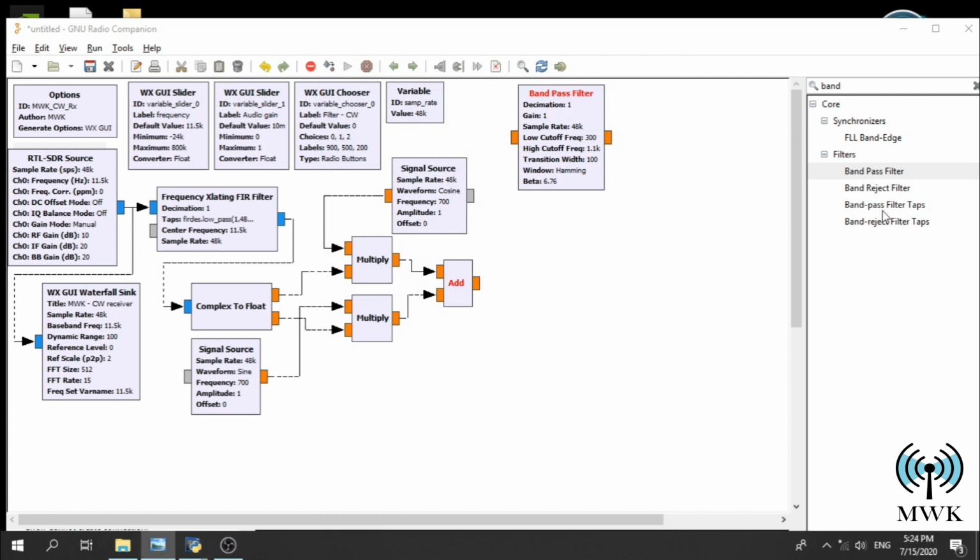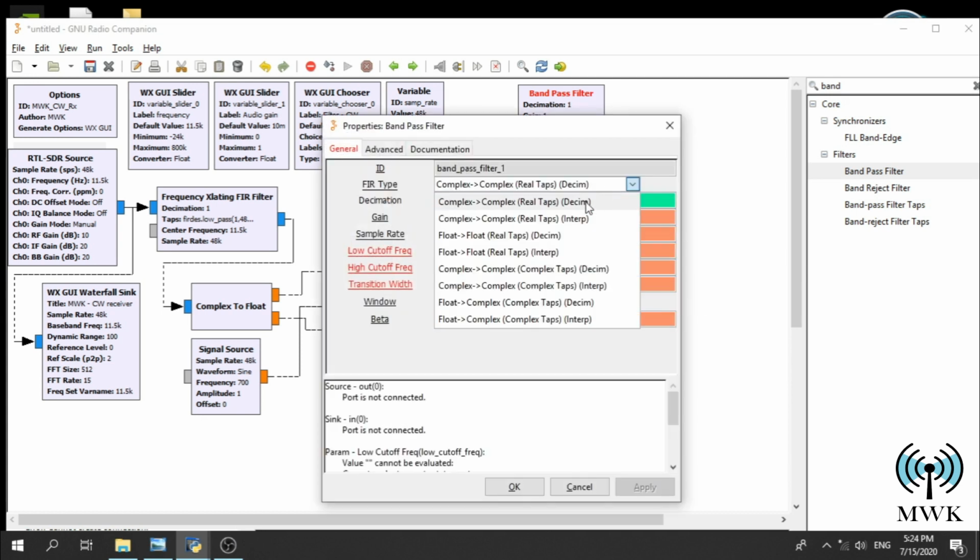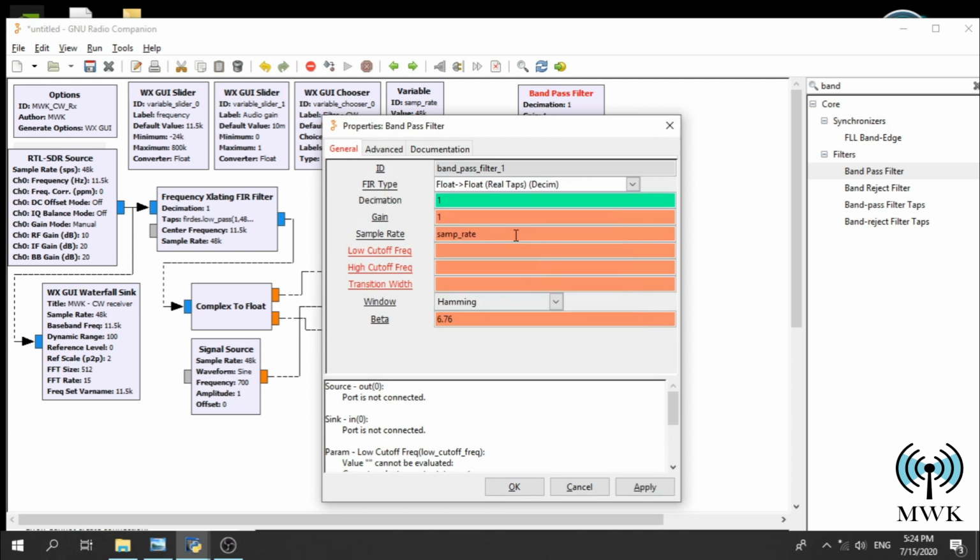Now let's bring another band pass filter and put it here. And make sure it's float real taps decimation, and the decimation is 1 and the gain is 1. The sample rate 48000 and the low cut-off frequency, let's make it 450 and the high cut-off frequency, let's make it 950 and the transition width, let's make it 100. Okay,